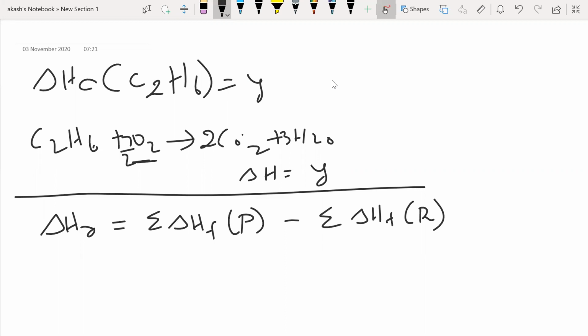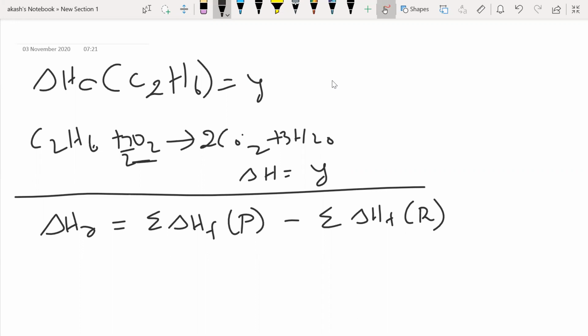Very, very simple equation. So for finding the enthalpy of overall reaction, whatever the products are there, you have to sum up all the enthalpies of formation of products minus the total, however many reactants are there, sum up all the reactants' enthalpy of formation and subtract them both. So enthalpy of formation of products minus total enthalpy of formation of reactants. This is how you write my enthalpy of reaction.